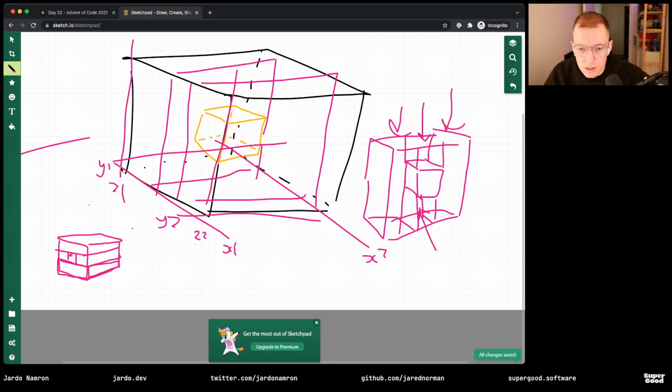So if we treat it as x1, x2, I'm just going to draw everything on here. This is y1. It doesn't really matter which way we pick for x, y, z here. That one, and then,